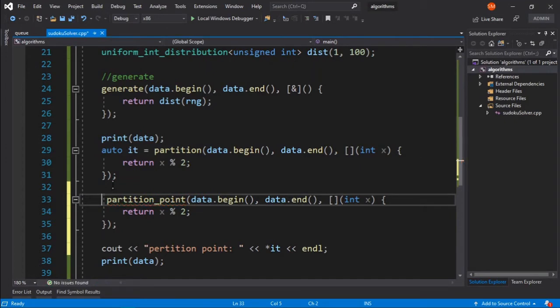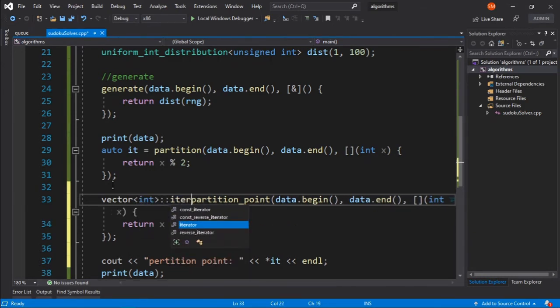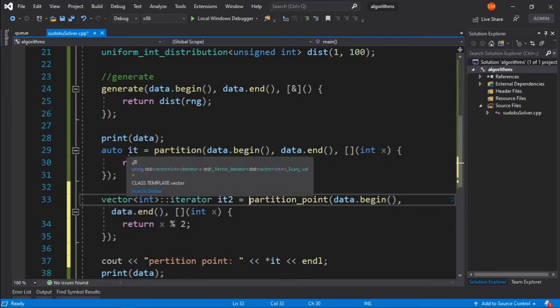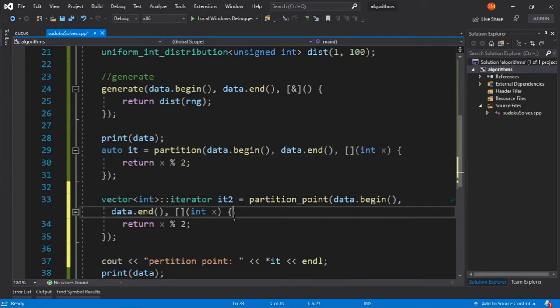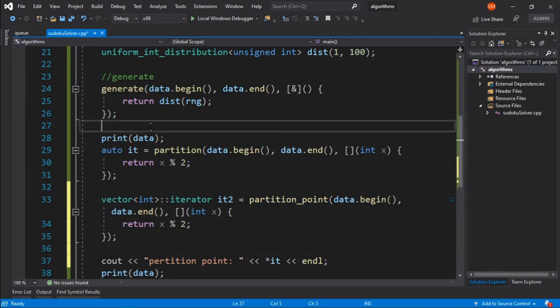So rather than this, it will be a vector of int iterator like the previous one, and it's going to give you the same kind of output that this one does, okay. So basically this is how you can use partition point and isPartitioned, okay.